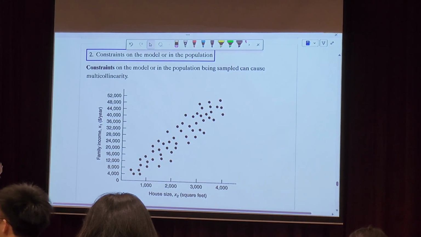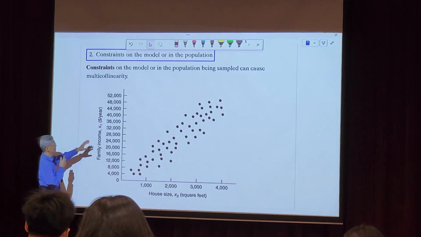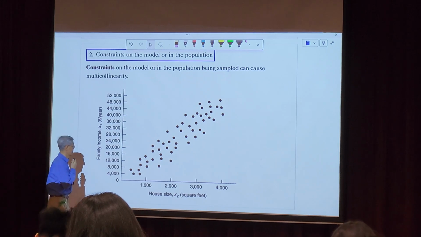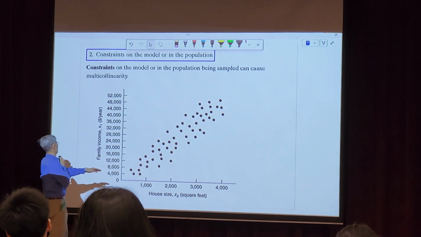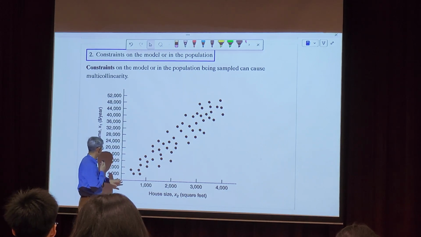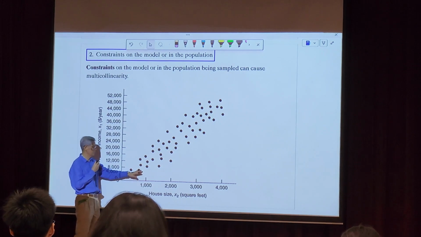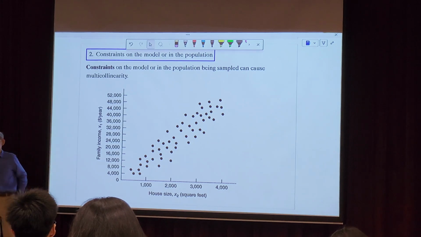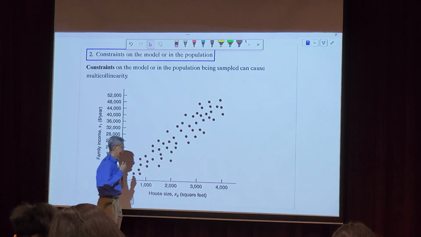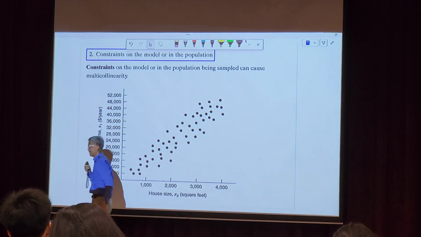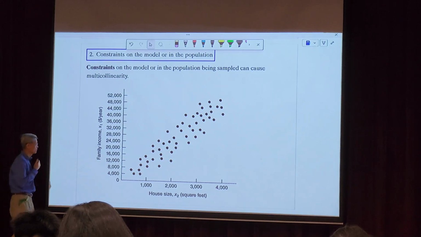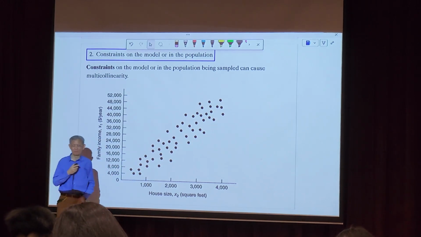But sometimes this model, for example, we have this model. Here is the family income. Here is the house size. So if you have a small house size, that usually means you are not doing too well. That's why you bought a small house. Usually, I mean. If you have a big house, quite likely your family income is large. So this is inherent in this relationship, and so there's a strong correlation between these two